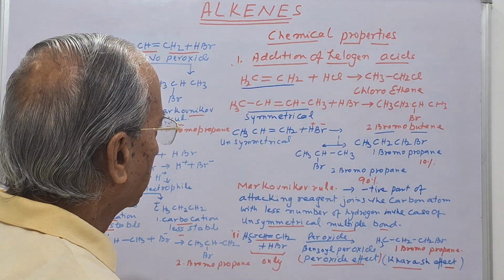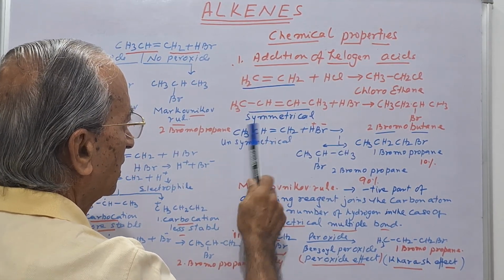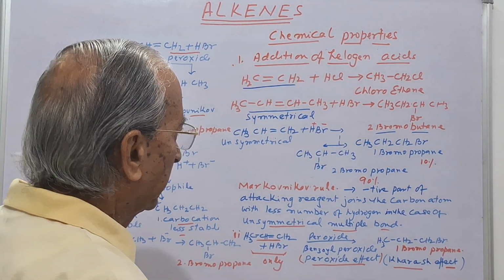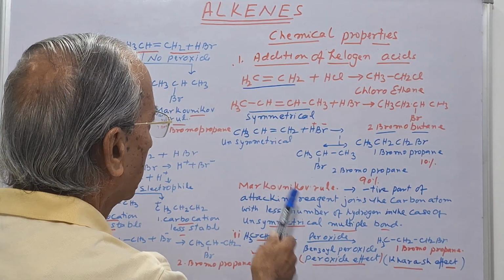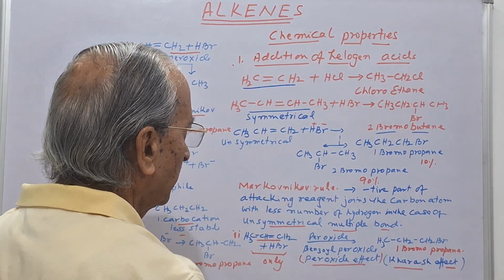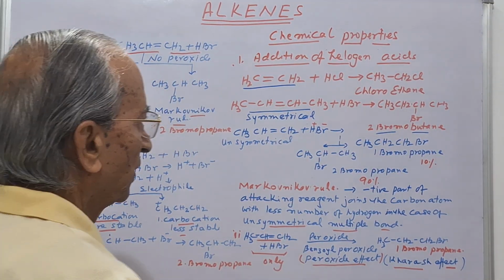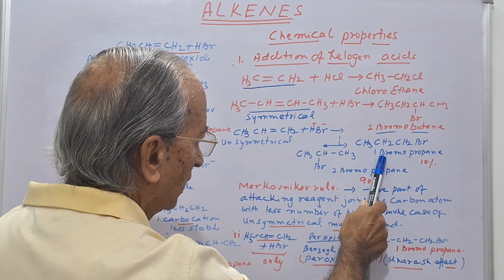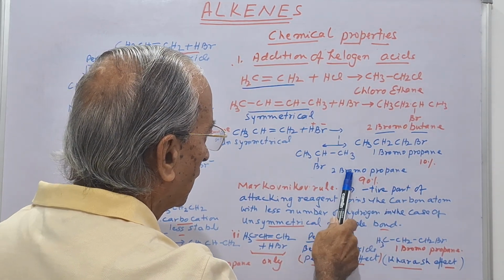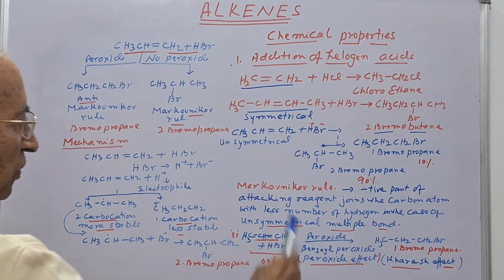But what happens if we take an unsymmetrical alkene, that is propene? How does this reaction take place? In simple way, in the case of propylene, when it reacts with HBr, it may give two compounds. One may be 1-bromopropane and second may be 2-bromopropane. To explain this thing,